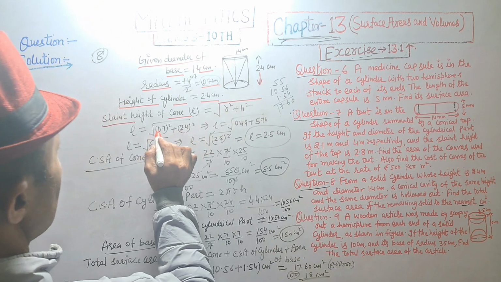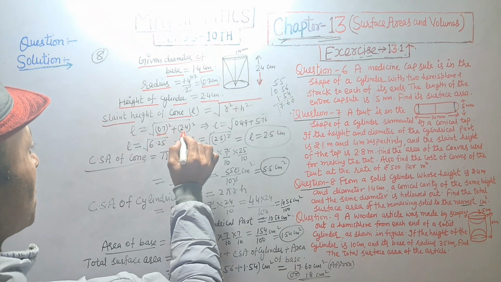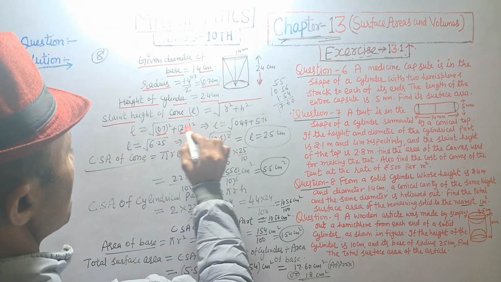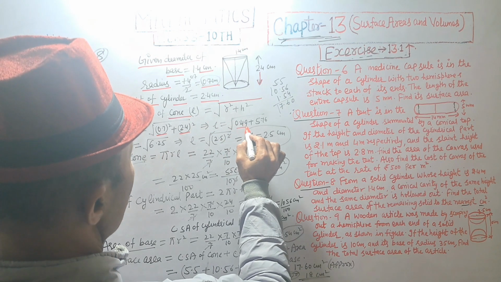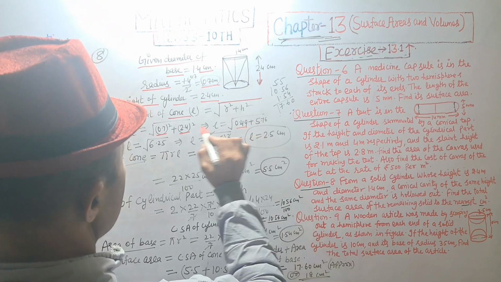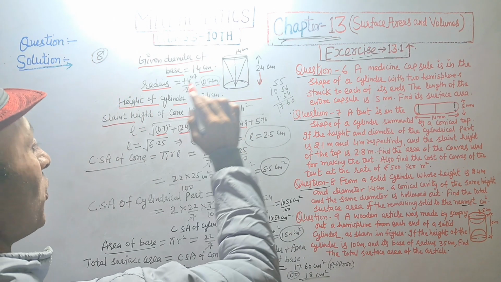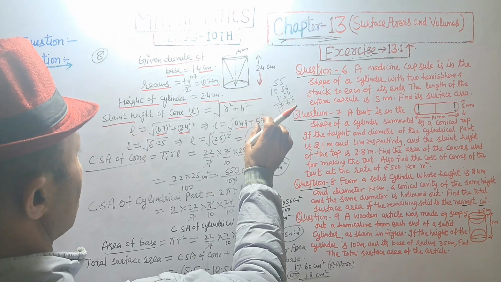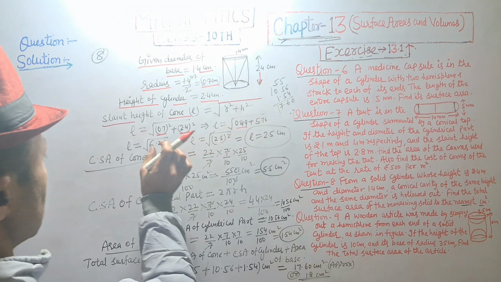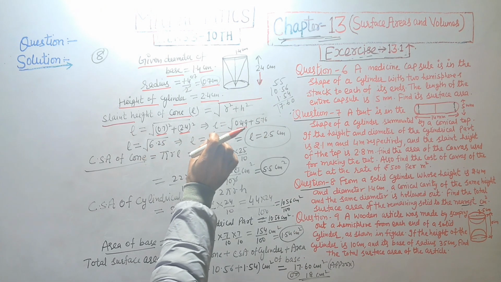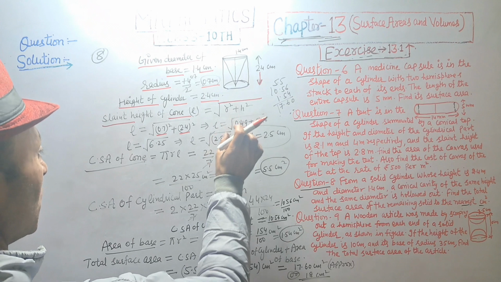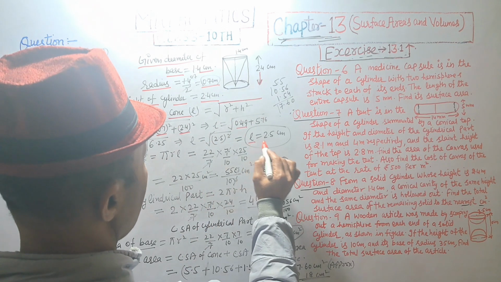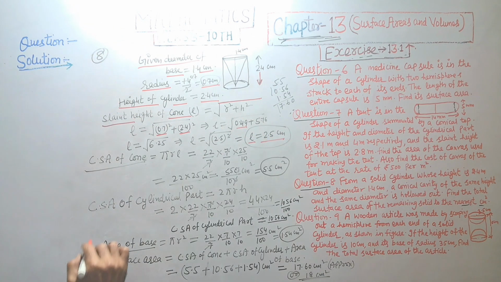R square plus H square. R is 0.7 square plus height is 2.4 square. 0.7 square is 0.49. 7 sevens are 49 and 24 24s are 576, but 5.76, and their addition is 6.25, that is root of 25 square is 625, root square is cancelled, we get slant height L is equal to 2.5 centimeter, and